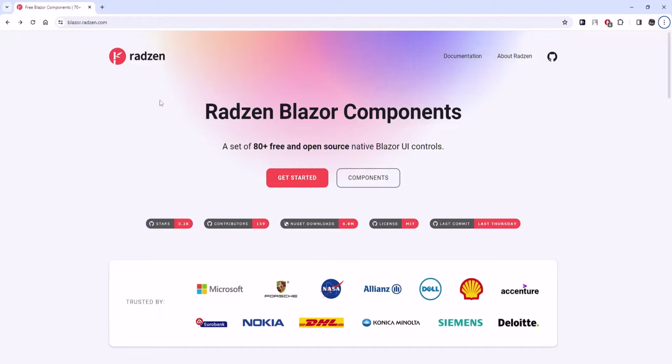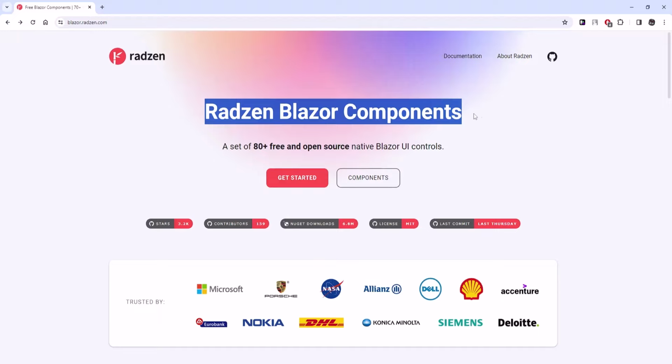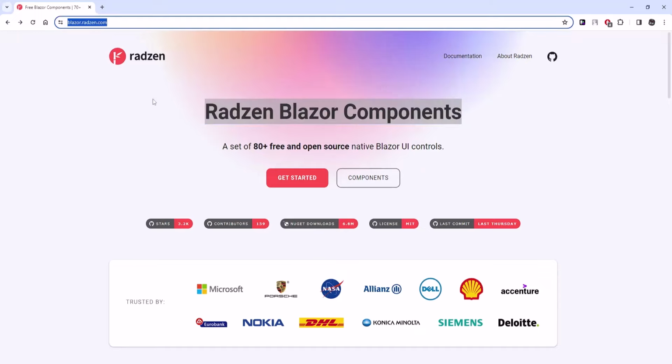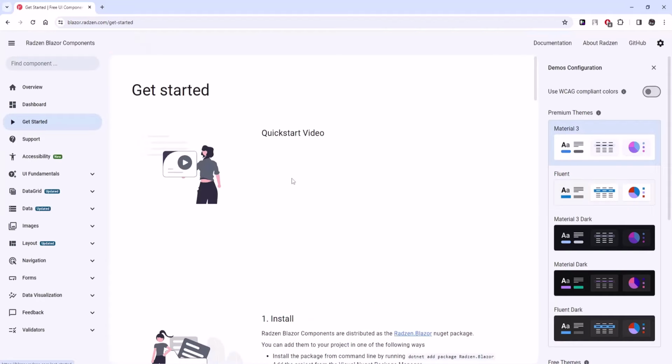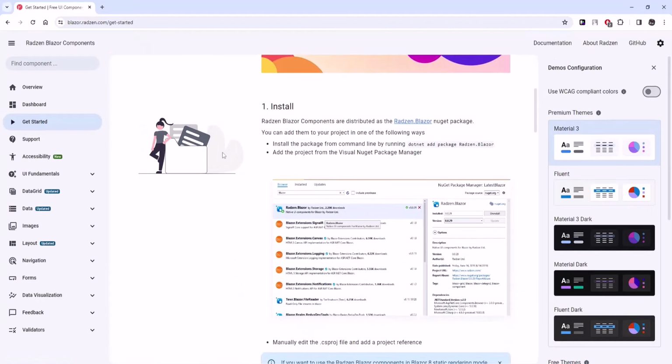Now we will install Blazor UI to our project. This is a Blazor component library, UI library. So head over to blazor.resin.com and here click get started, and below here you can see that we need to add this package in our project. So let's copy this,